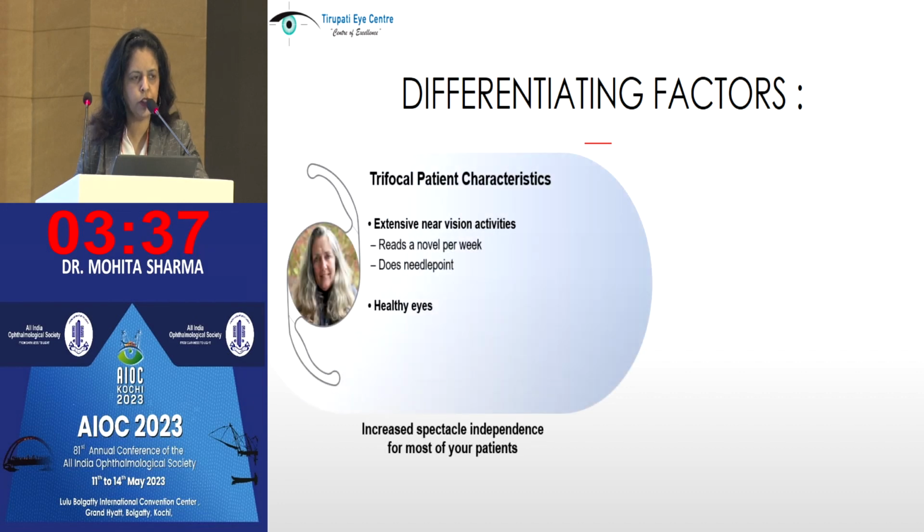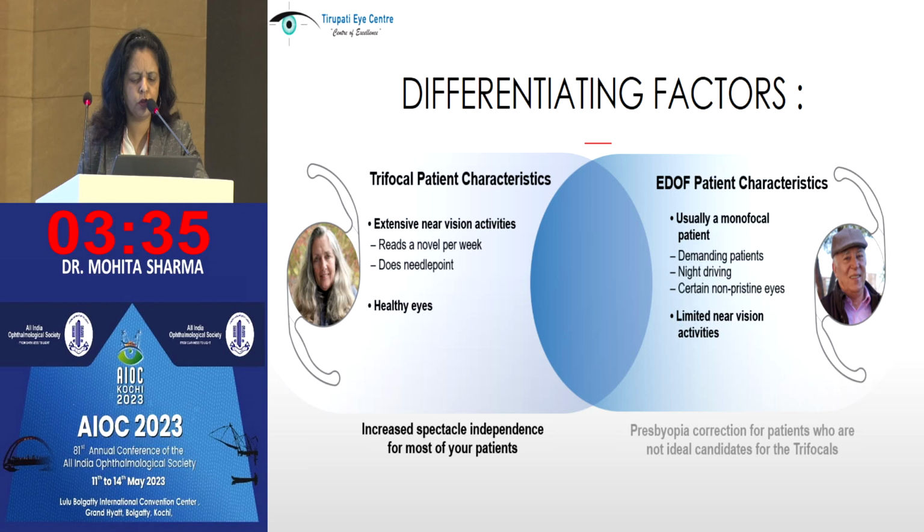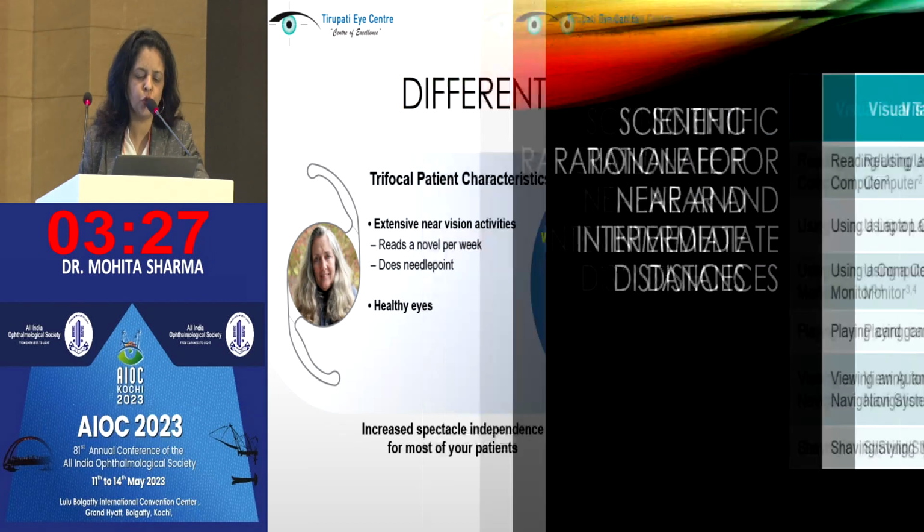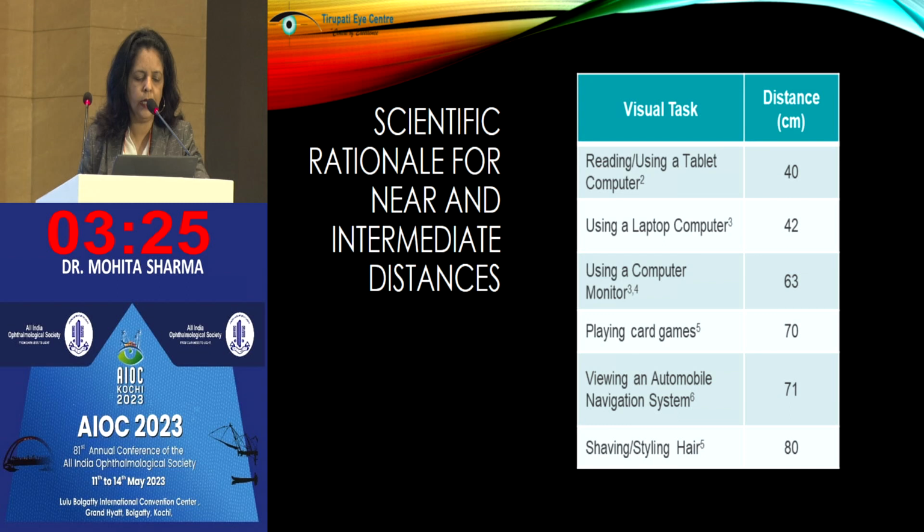So based on these characters, again, I'm just doing a quick review of this because I don't want to repeat the same things, but based on these characters, we decide which lens is most suitable for which patient. And a scientific rationale for near and intermediate distance visions is given here. So 40 to 80 centimeters is what we generally require, and 60 becomes a very optimal intermediate vision. So any lens which starts working between 40 and 80 becomes a lens which is useful